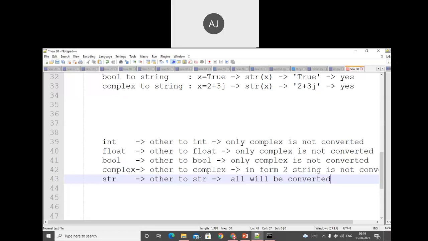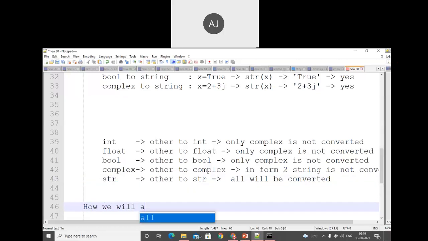So this is about the typecasting concept, and we have covered all the points related to the fundamental data types. Now, we just need to understand how we will accept the value from the user.